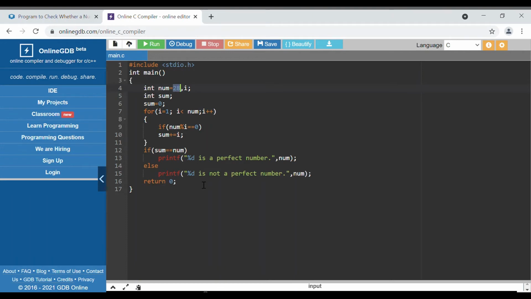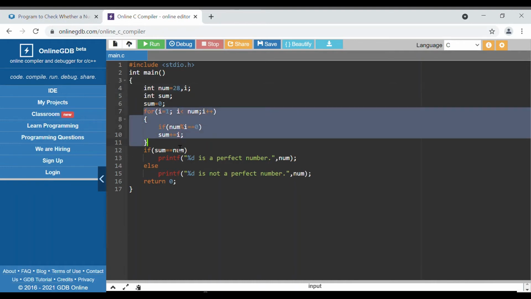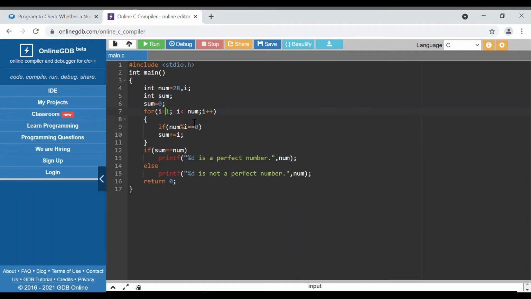We have defined one variable i and a sum variable in which we will calculate the sum of all divisors. So let's start. This is our loop. In this we are iterating from 1 to less than the number. We are not considering the number itself, as I have already mentioned. So i equal to 1, i less than num, and i plus plus.